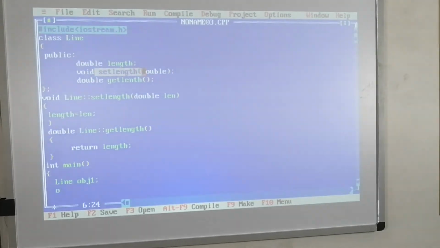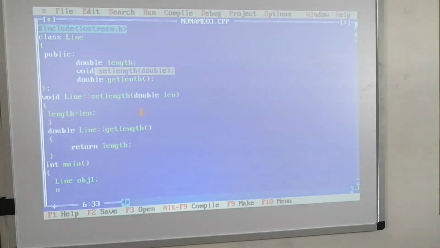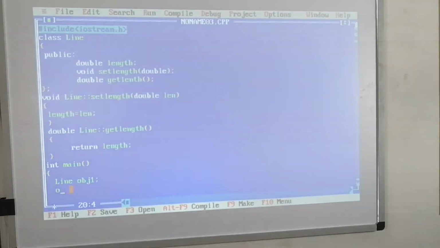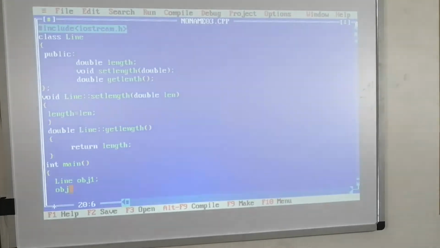By using obj1 dot set length we are calling the set length function.